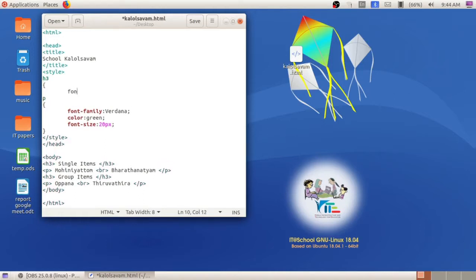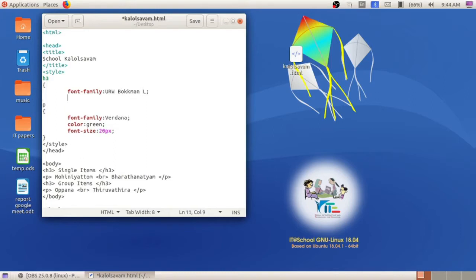Then font-family, font hyphen family, since it has two words. Give another font family, URW Bookman L, then put a semicolon. Then give color, colon, any color. I am giving red as the color.